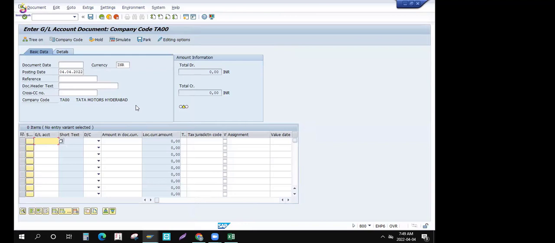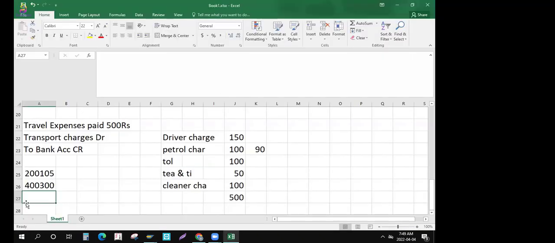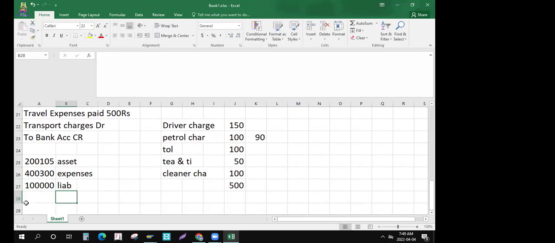We create groups in such a beautiful way that when we see the series itself, I can see 2 series, all the assets are created. When I look at the 4 series, yes, all the expenses are created. When I see the 1 series GL accounts, I can say my liabilities are created with this series. When I pull out the report,